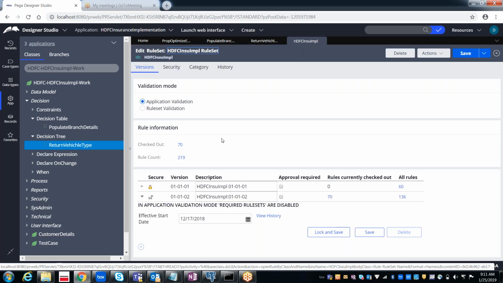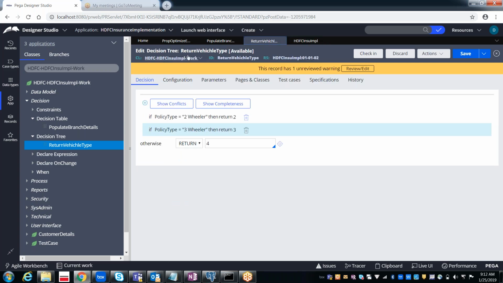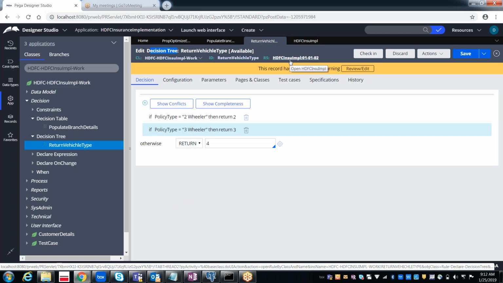I explained to you about all these rule sets. Lock and save, and even if you want, you can unlock and save. But once you lock and save, we need to create a new version, right? So likewise, I used to tell you, we need to have the separate version whenever you lock the rule set version. In the same way, if you want to modify this decision tree in the production environment by the manager portal, again, this should not be locked. Once it is locked, he cannot make the changes.